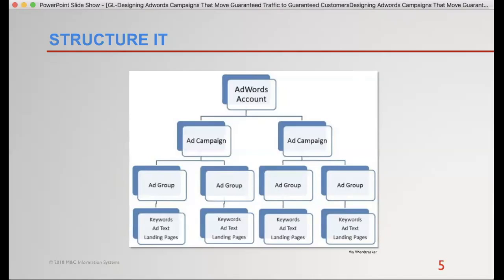I see this a lot with competitor ads. People will jump in and say, as we're troubleshooting this ad group and these keywords and this ad text and this landing page inside of this campaign, it's not a good keyword for this ad group, but I think it's still a pretty good keyword. I'd like to have a chance to sell to anybody searching for one of my competitors. Well, the ad should be a little different for those competitors, and they should be in their own ad group, because they will have keywords and the ad text needs to speak to those keywords as opposed to the other one.